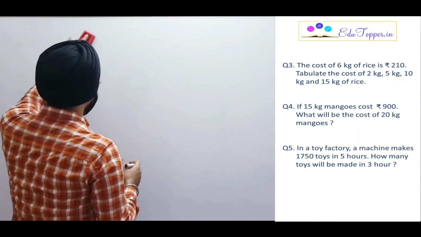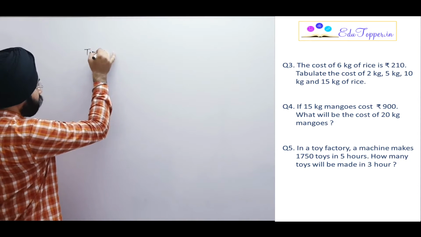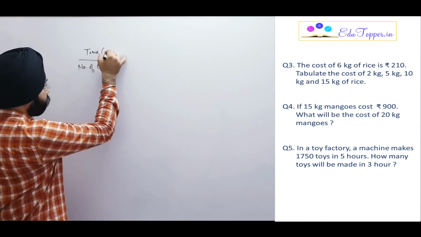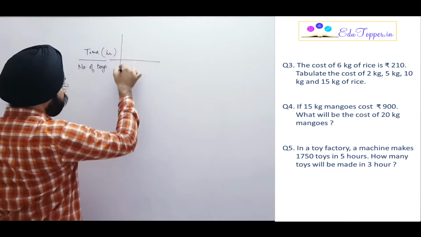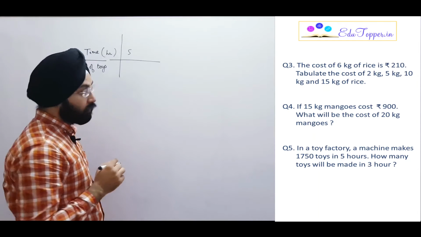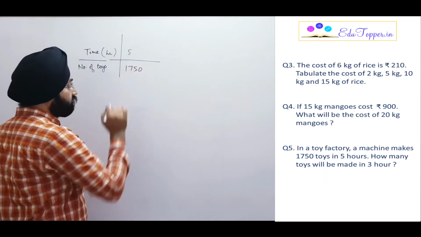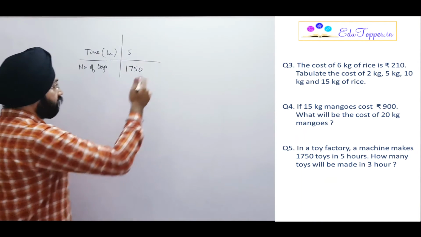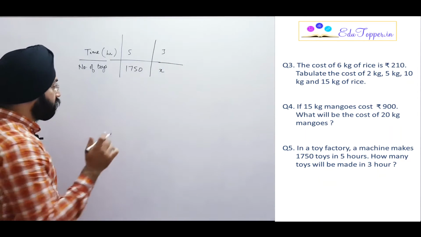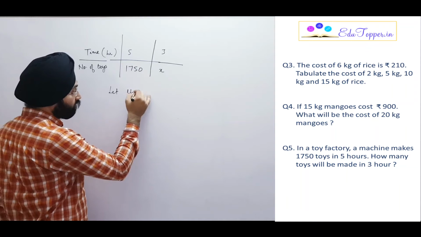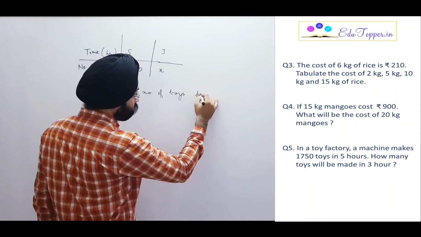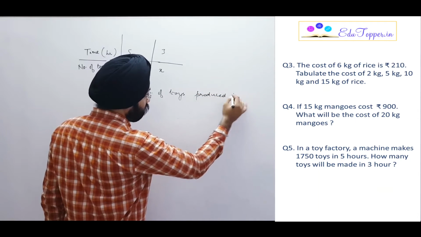So time and number of toys. Time is in hours, alright. When the time is 5 hours, the number of toys produced is 1750. When the time is 3 hours, let the number of toys produced be X. So what we'll write is let the number of toys produced in 3 hours